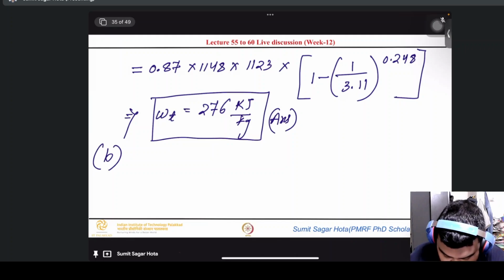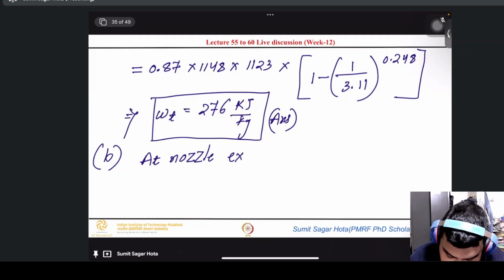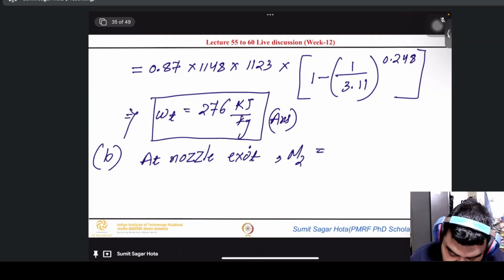Okay, so at nozzle exit, M2 is equal to C2 by